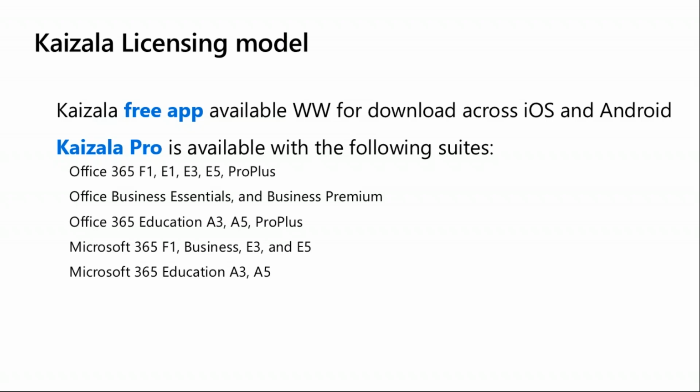And when it comes to Pro, these are the licensing SKUs with which you get Kaizala as a product. It's bundled along with the SKU itself, so you don't need to purchase it separately. Starting from Office 365, F1 has it, E1, E3, E5, and even Pro Plus. So if you're a customer who has just bought Office 365 Pro Plus, be mindful that you have access to Kaizala also. And we also have that not just for enterprise customers, also for education customers, and also